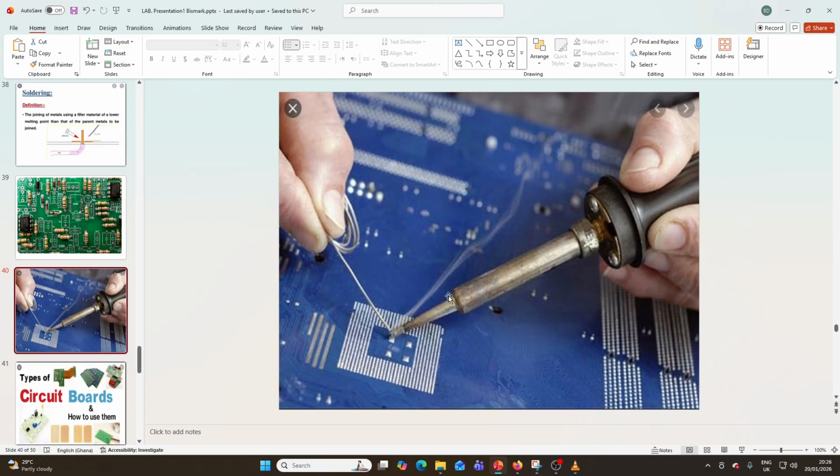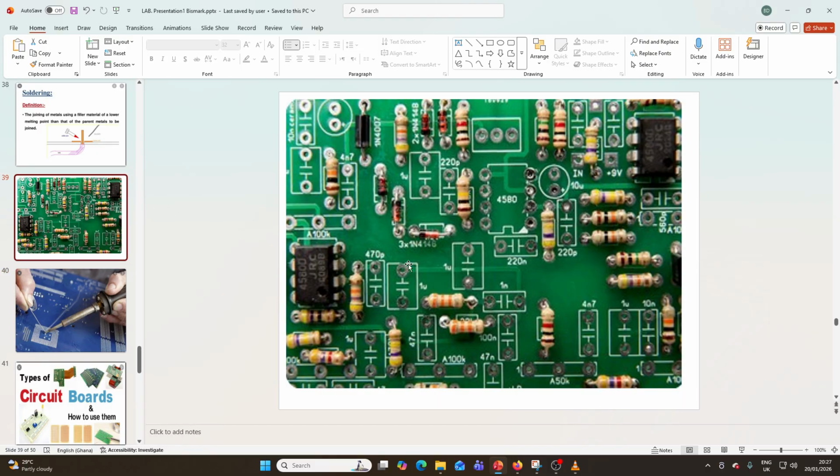Now, in electronics, soldering is used to connect components to the circuit board, as I explained from here. Okay, now this solder melts at low temperature. Okay, then it flows between the parts, then solidifies to hold the components.